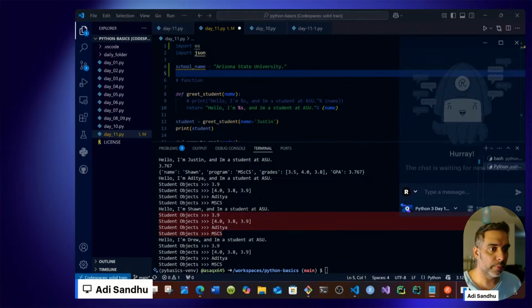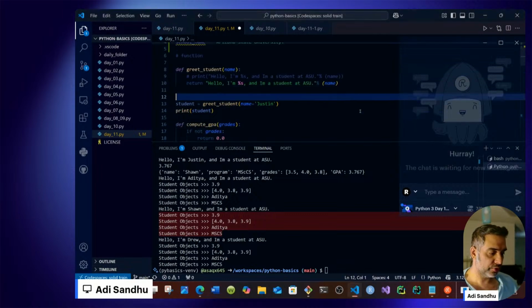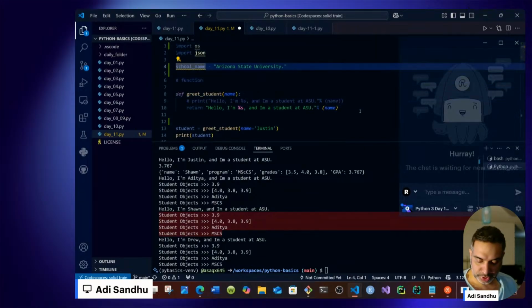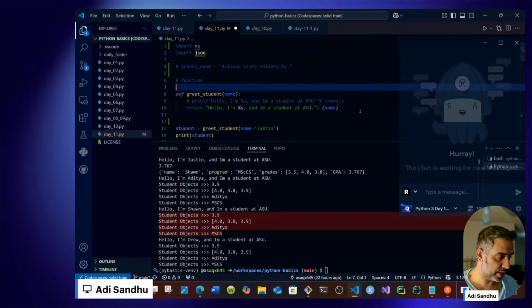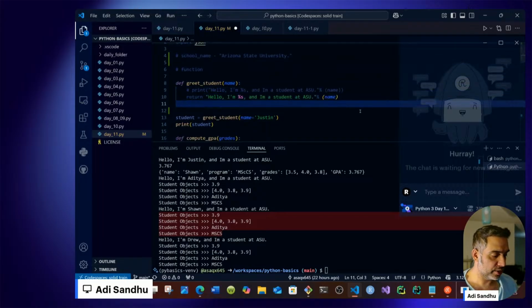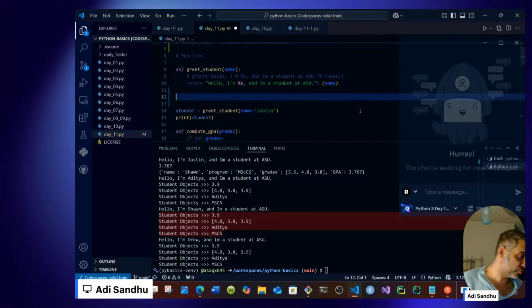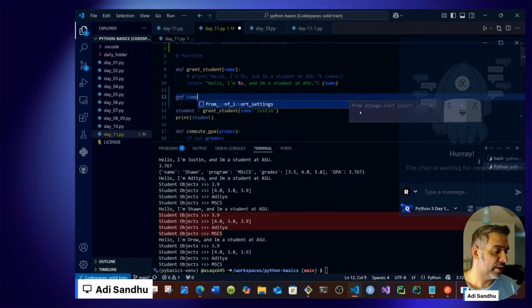So we did greet student already, right? Let's write in the function over here that is to compute the GPA, right? So let's go up here and comment the school name because we don't need it just yet. We can write a function saying, hey, from such a school, Arizona State University, this is my GPA, right? Because we've already said that I'm a student here at this school, right? So we can write something like def compute